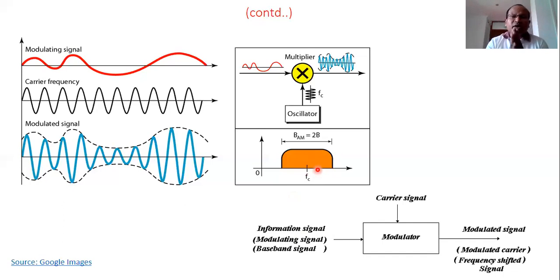It's because, as we have already described in the previous lecture, in amplitude modulation there are two side bands, upper side band and lower side band, and those representations we'll explain in this lecture in detail. Both the side bands carry the same amount of information, that is the message signal. So the message is there in both side bands. What is the bandwidth of the message? B. So B plus B. Look here, at the center there is a carrier, and there is the upper side band and the lower side band. Both side bands have equal bandwidth B and B, and therefore the total bandwidth of the amplitude modulated signal is 2B. I hope this is clear.